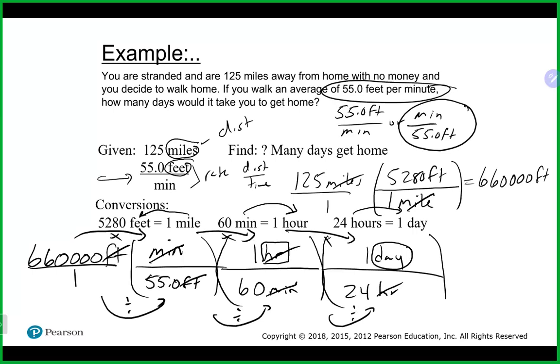Now, a reminder here, you want to be careful when you punch this in. There's really not much to multiply up on top since they're all basically ones, right? These are all basically ones up on top. We want to divide by the bottom, which is 55. After you do that, hit the equals. Then you want to divide by 60. After you do that, hit your equals button. And then you want to divide by 24, hit your equals button. And you will get the right answer, hopefully. Again, if you try to punch all that in at once and you are not very careful, you will get the wrong answer. So if you want the right answer, do it like that, and you'll probably be in